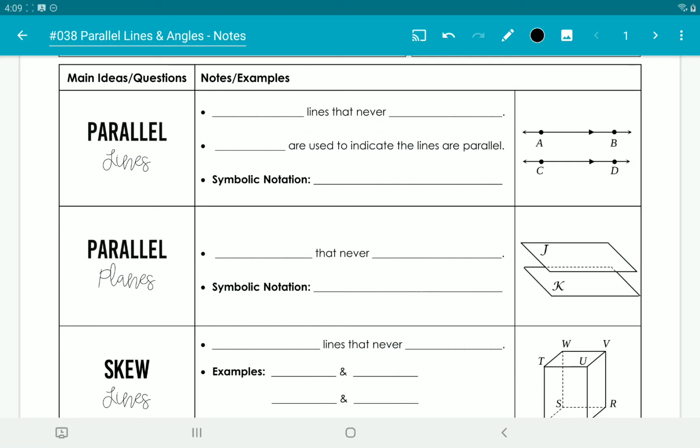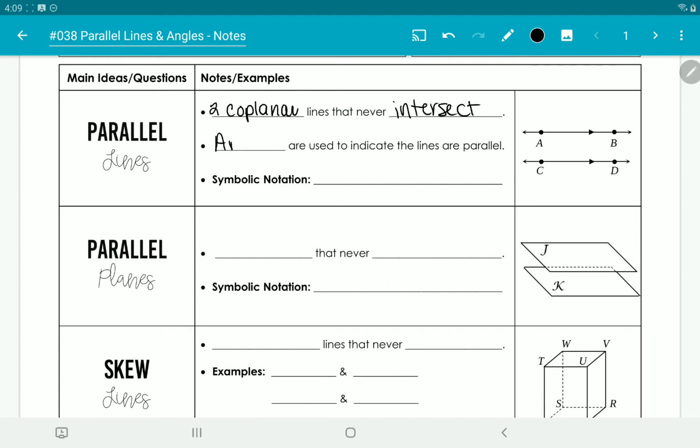This is a worksheet on parallel lines, and in a little bit we're going to be looking at what happens if we have a line going through two parallel lines, the angles that are created. So we know that parallel lines are just two coplanar lines, so two lines on the same plane that never intersect one another. Okay, you can see these are two lines that never intersect one another,